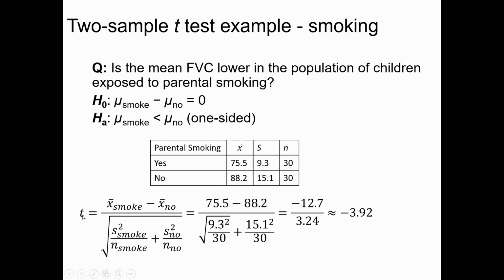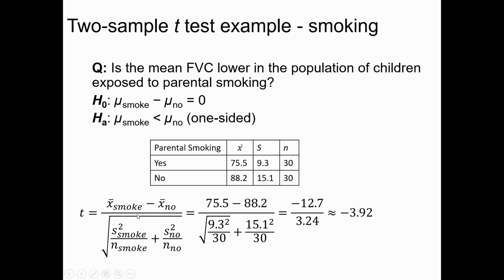We're trying to figure out the test statistic, right? And we can figure out what each one of these things are. It's basic math. The test statistic is equal to the mean of the kids with parents that smoke, right up here, 75.5, minus the mean for the kids of parents that don't smoke, 88.2. You plug that in here,